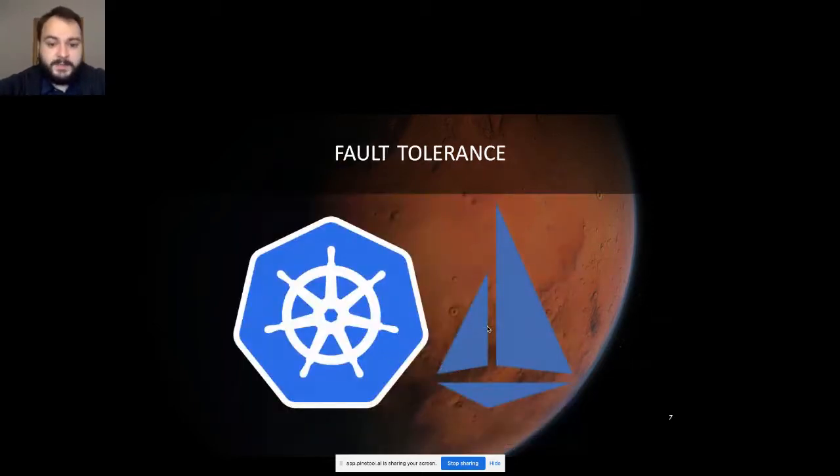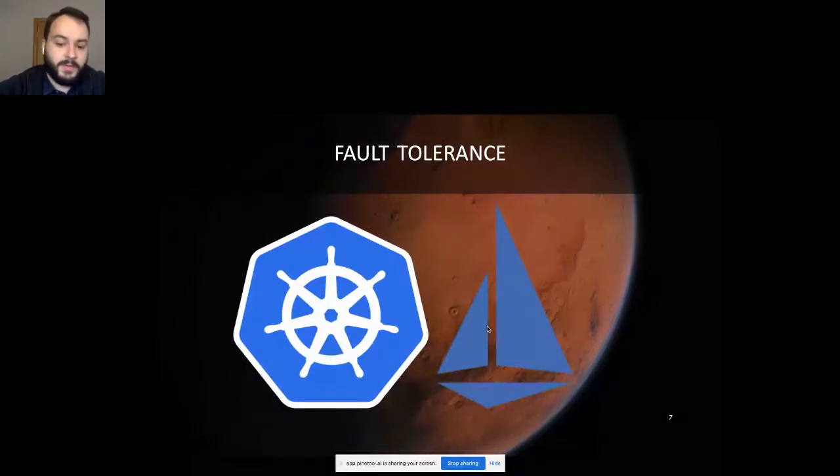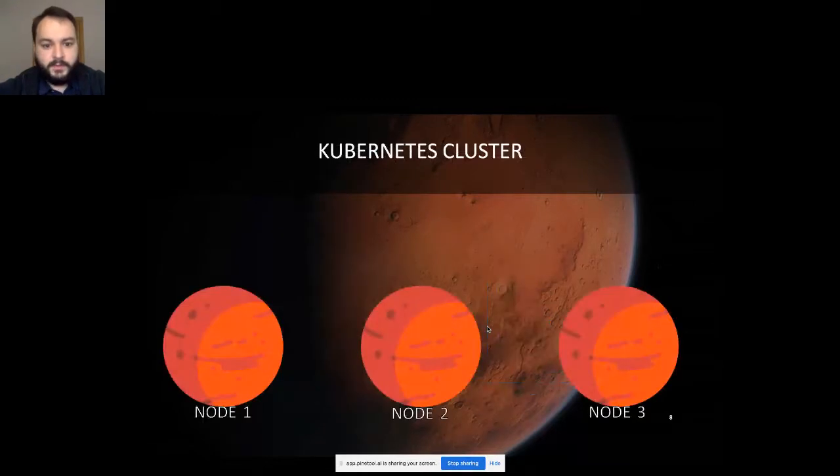So today I will be explaining how to achieve some fault tolerance using Kubernetes and Istio. This is not a talk about Kubernetes and Istio specifically, so if you're not familiar with these tools, that's completely okay. I'm not going to go deep into it. There are plenty of talks on the internet about this, including some of my talks, but I will briefly go through these tools.